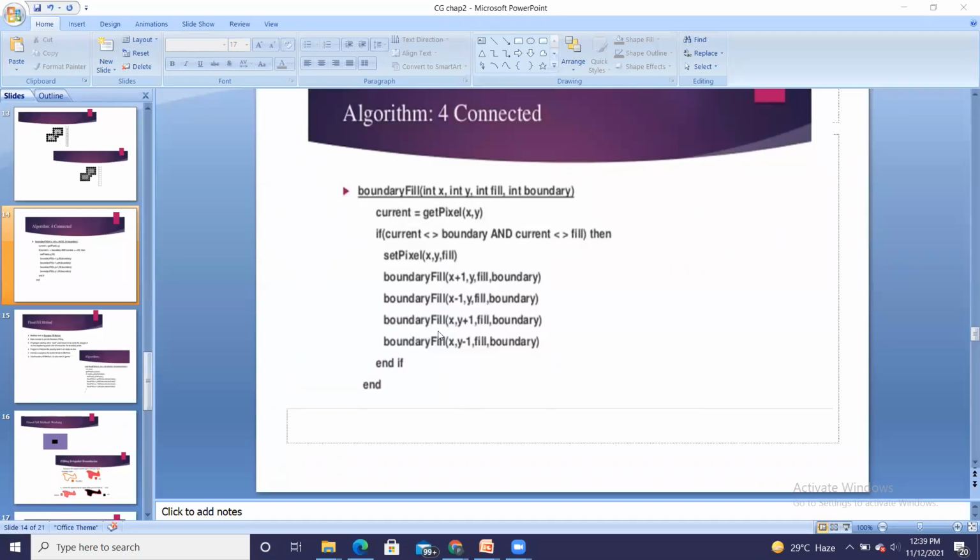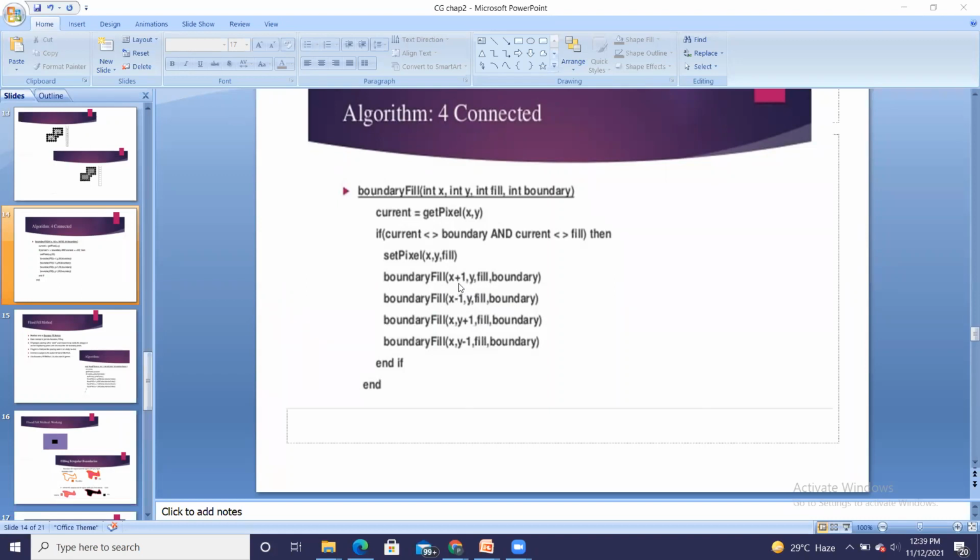And in that way, we are going to find out the 4 neighboring pixels in 4 connected. If we are going to use 8 connected, then instead of this, we will have a total of 8 calls for this boundary fill function. So this boundary fill function is applicable for 8 different parameters.